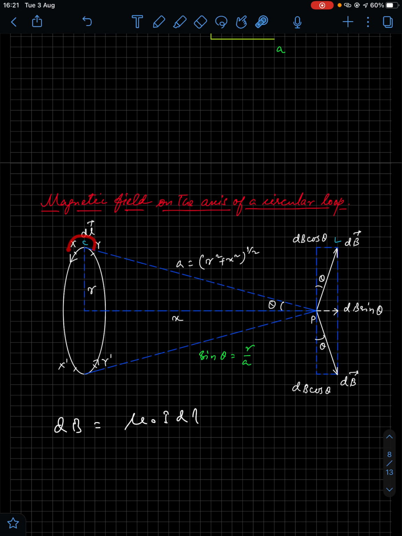So here also the current element is this xy, say, and the distance connecting the point P where you are finding the magnetic field is this line. So you are finding out the angle between this current element and this particular line, and this angle is actually 90 degree. Now this is something which is difficult to show in this 2-dimension page. In 3D it is simple to understand.